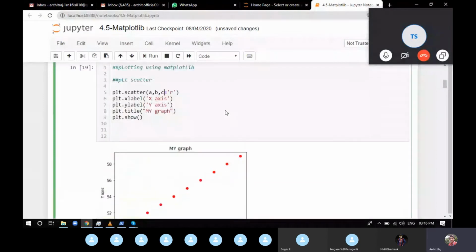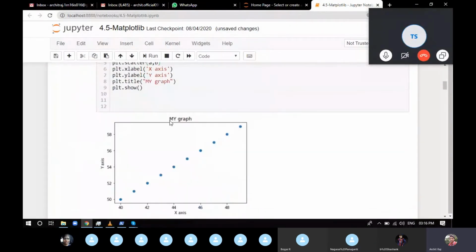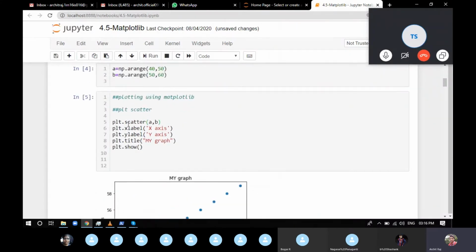If you're plotting any graph, it's going to take like 2 or 3 seconds to populate the graph, because plotting a graph is a harder task as compared to any of the other stuff. Now we can see the scatter plot just plotted a graph using the data that you provided.